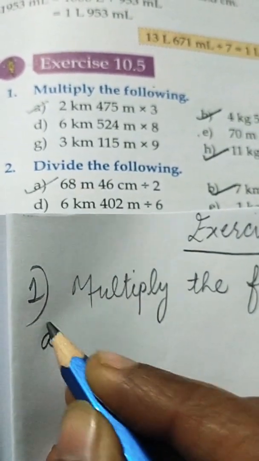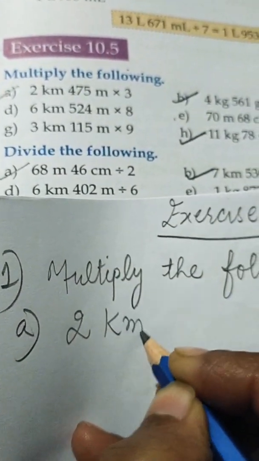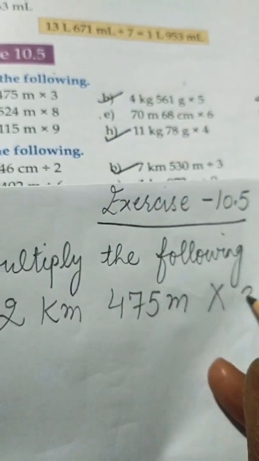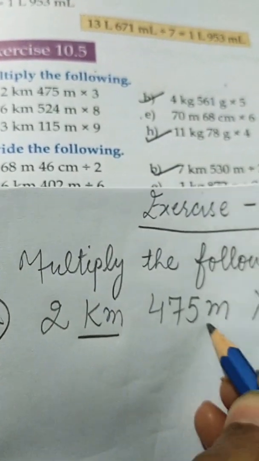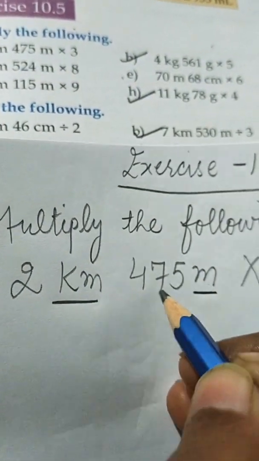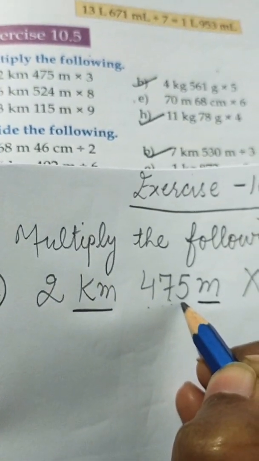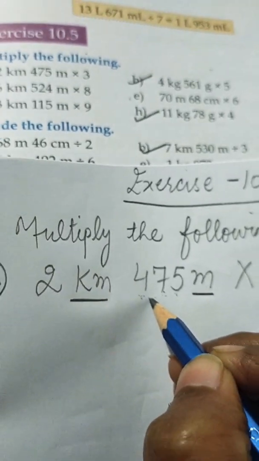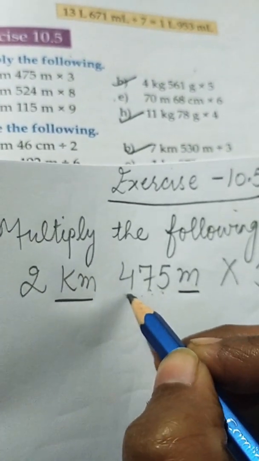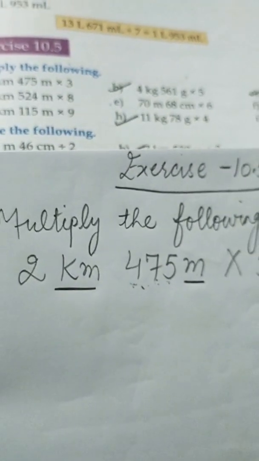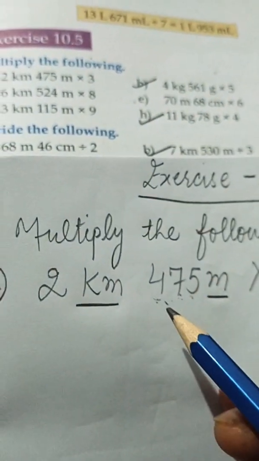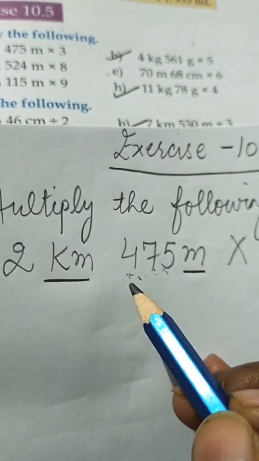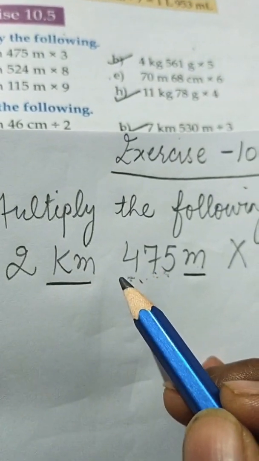Yes, A part is there. 2 kilometer 475 meter multiplied by 3. As I told you, when kilometer and meters are written together, before meter there must be 3 digits. Firstly, we have to observe the statement carefully. If there are 3 digits, then no problem, directly you do the sum. If by chance there are not 3 digits, then you have to complete 3